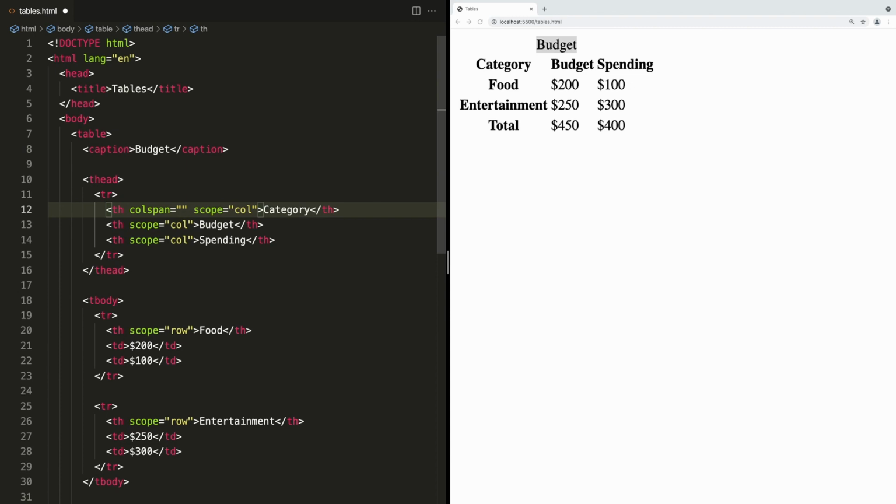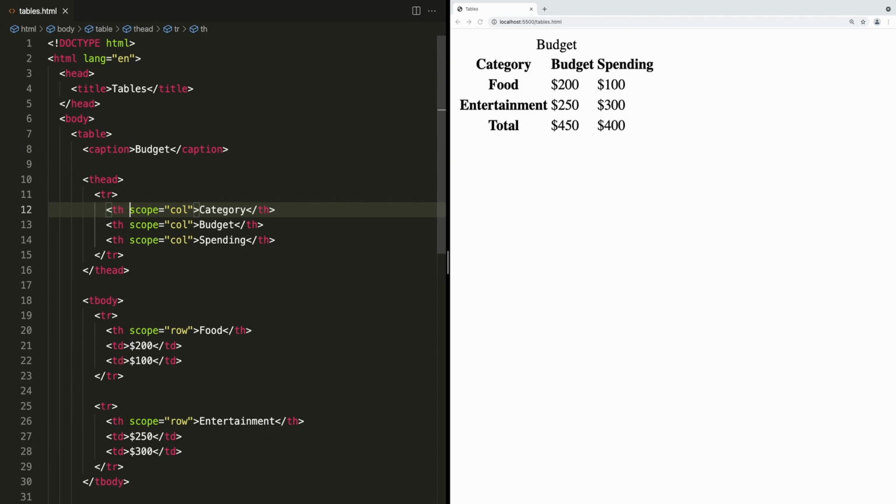Most of the time we have headings that are just for one column, like this one is. But for example, if we added the value of 2 here, you would see that all of our headings sort of shifted over one column. And the reason for that is because now the category is spanning 2 columns. And you can do the same thing with rows as well, to do a rowspan if you wanted to do that. But for now, I'm going to go ahead and delete this